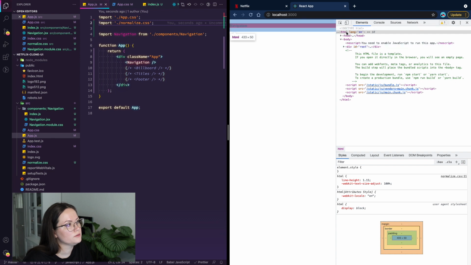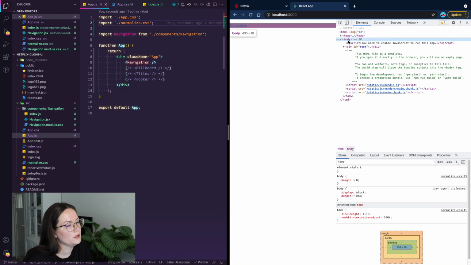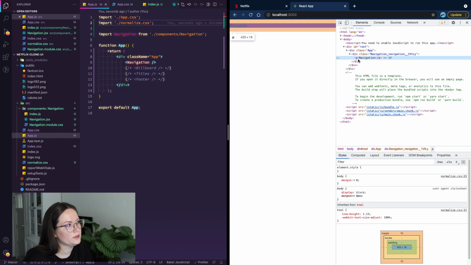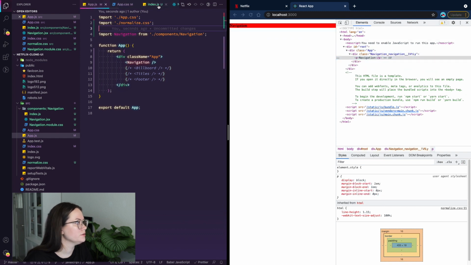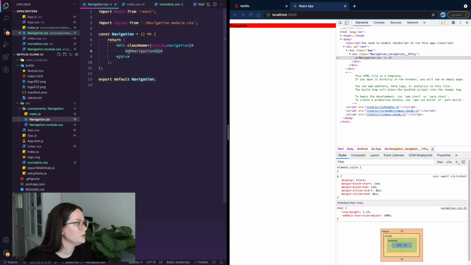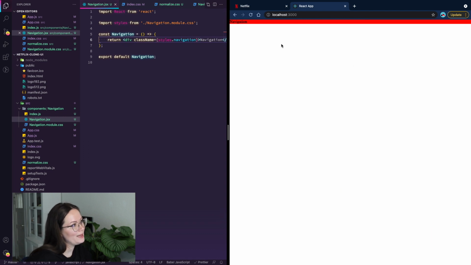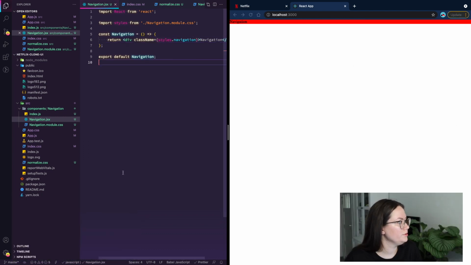That's our div. That's our HTML. That's our body. Is it because, oh wait, I think it's because the paragraph has, yeah, okay, fine. So if we go to our navigation and just remove the paragraph tag, then it should be fine. Yeah, cool. All right. Another thing that I want to do before we go ahead is to add a .prettierrc